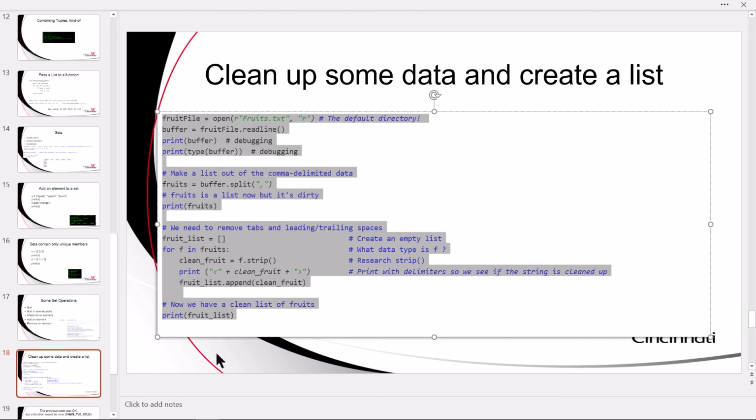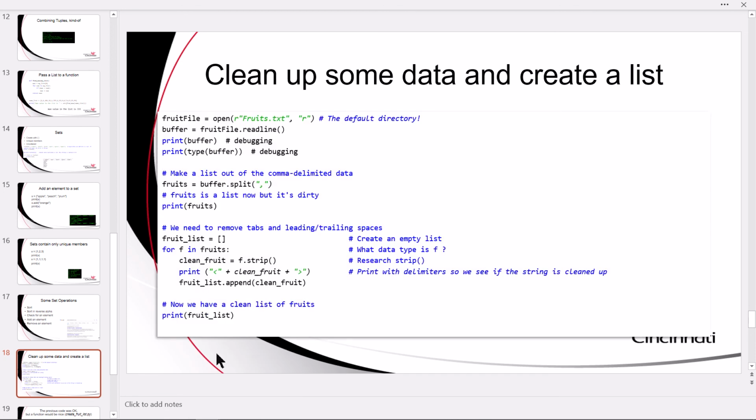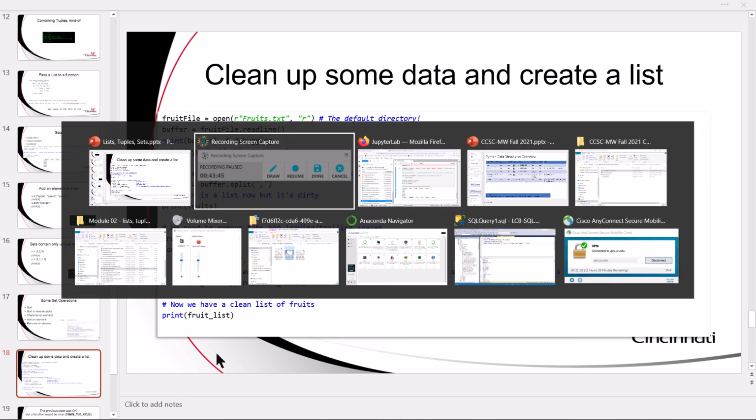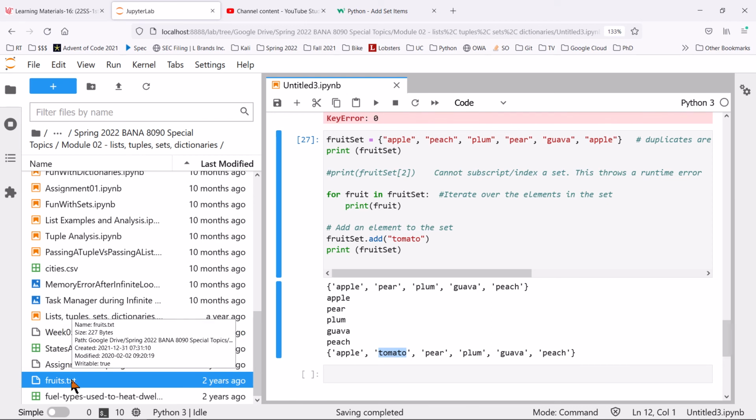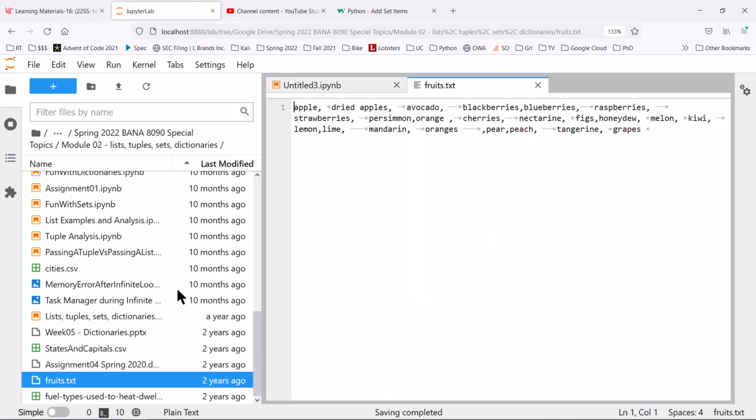Now, in order to follow along with me, and I hope you are, you'll need to do more than just copy paste this code. You're going to need that fruits.txt file. You can find that on Canvas in the Learning module. I already have it in my folder. I'm just working from my hard drive. And I don't need to do anything. I've already got that file. If I double click on it, it will load, kind of sort of load in